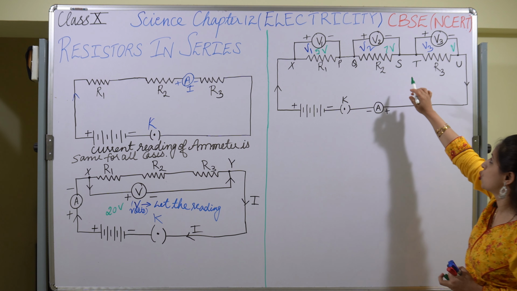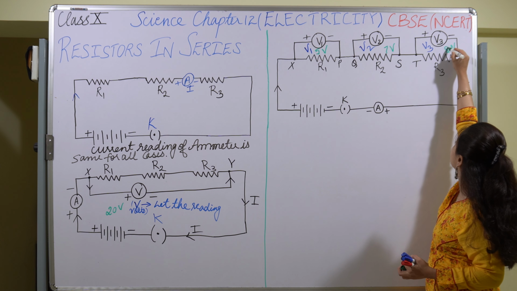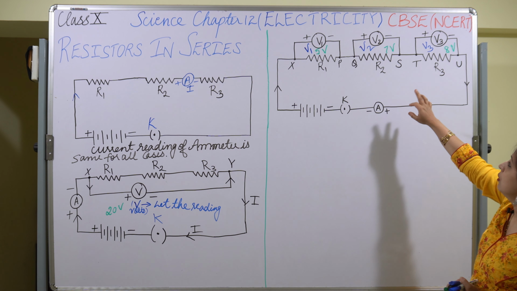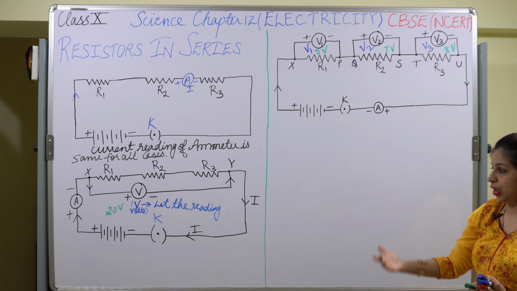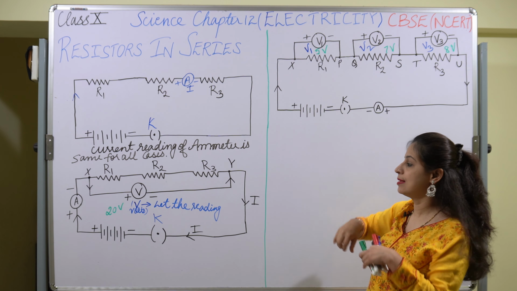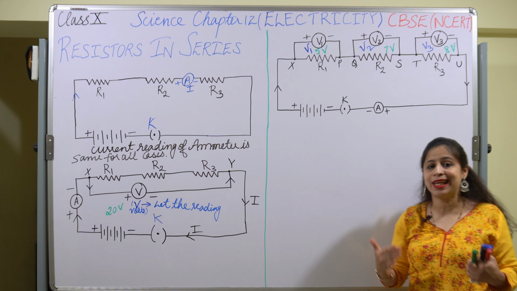Five plus 7 will give us 12, and 12 plus 8 will give us 20. So the readings which we will be getting somewhat like this mean the conclusion which we are taking over here